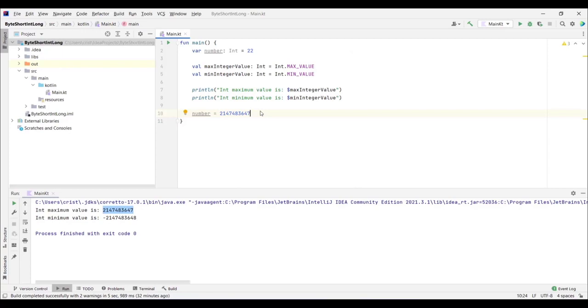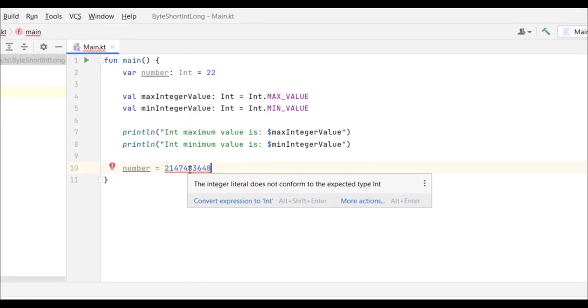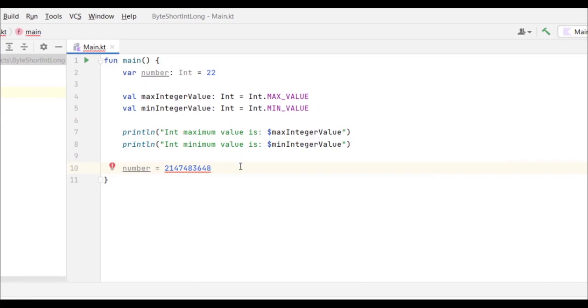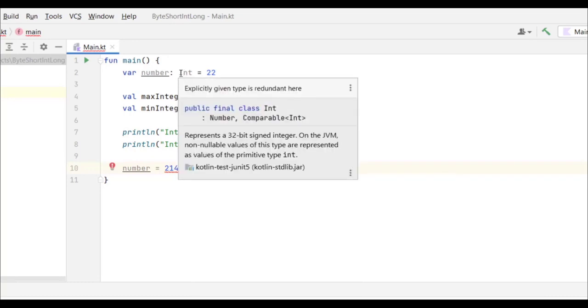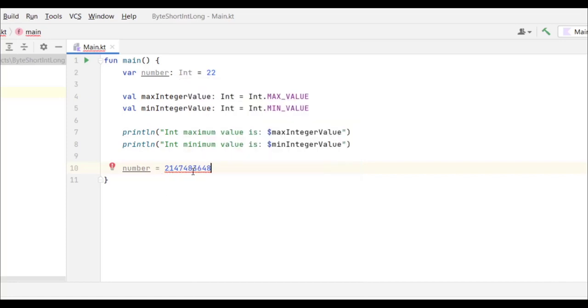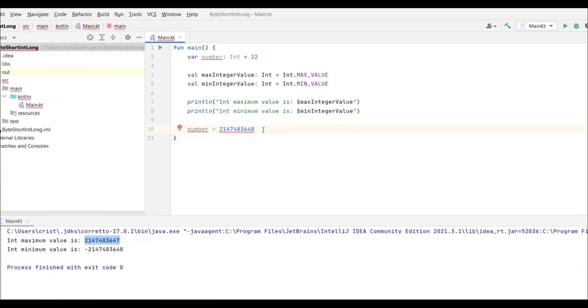Now, if I increase this number by 1, let's say that I put 8 here, now it immediately shows a warning. And if I hover over here, it says that the integer literal does not conform to the expected type int. And you may be wondering how this makes any sense, because up here we said explicitly that this variable is going to store integers or whole numbers, and down here we have a whole number. But the problem now is that this whole number is bigger than the maximum integer value which can be stored in an int, which is 2,147,483,647. But now we have a bigger number, and